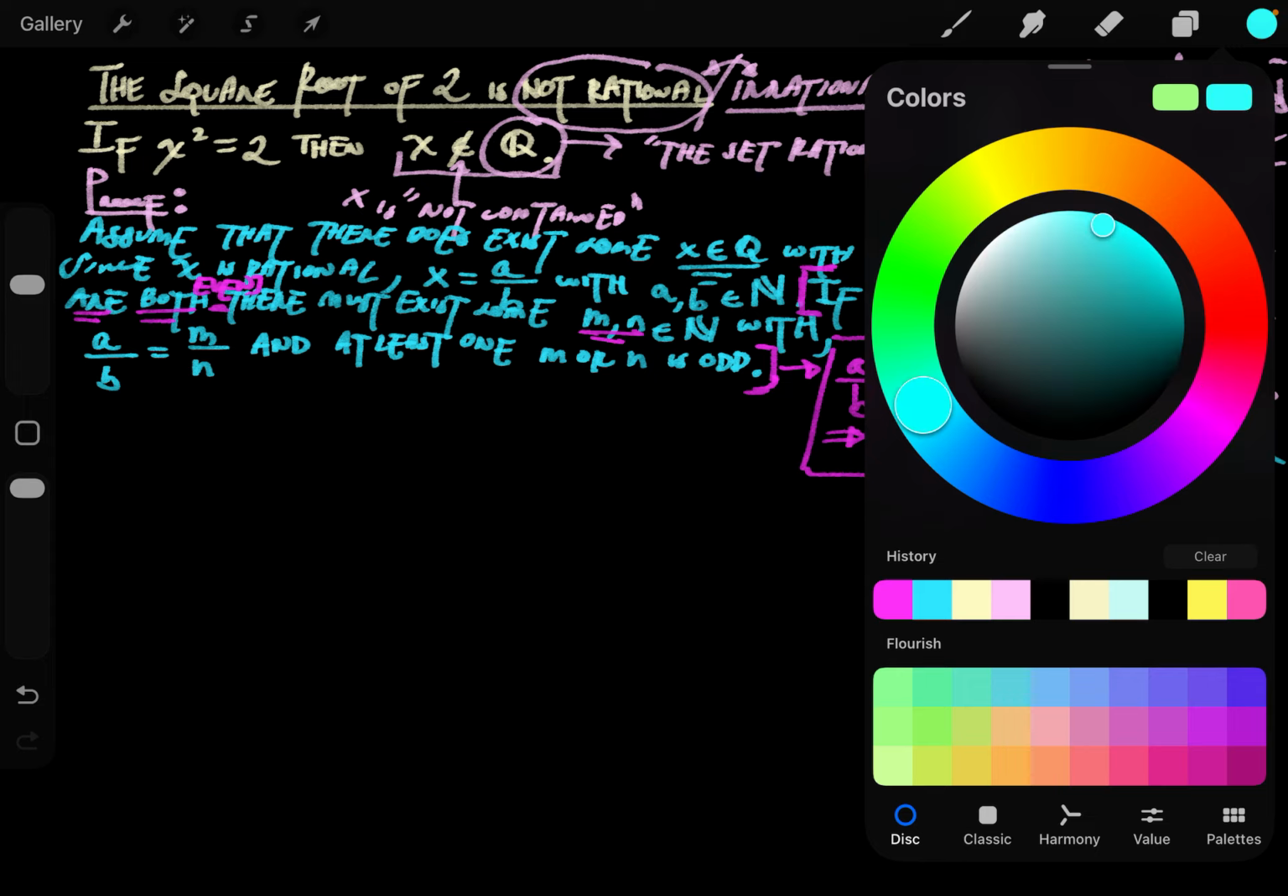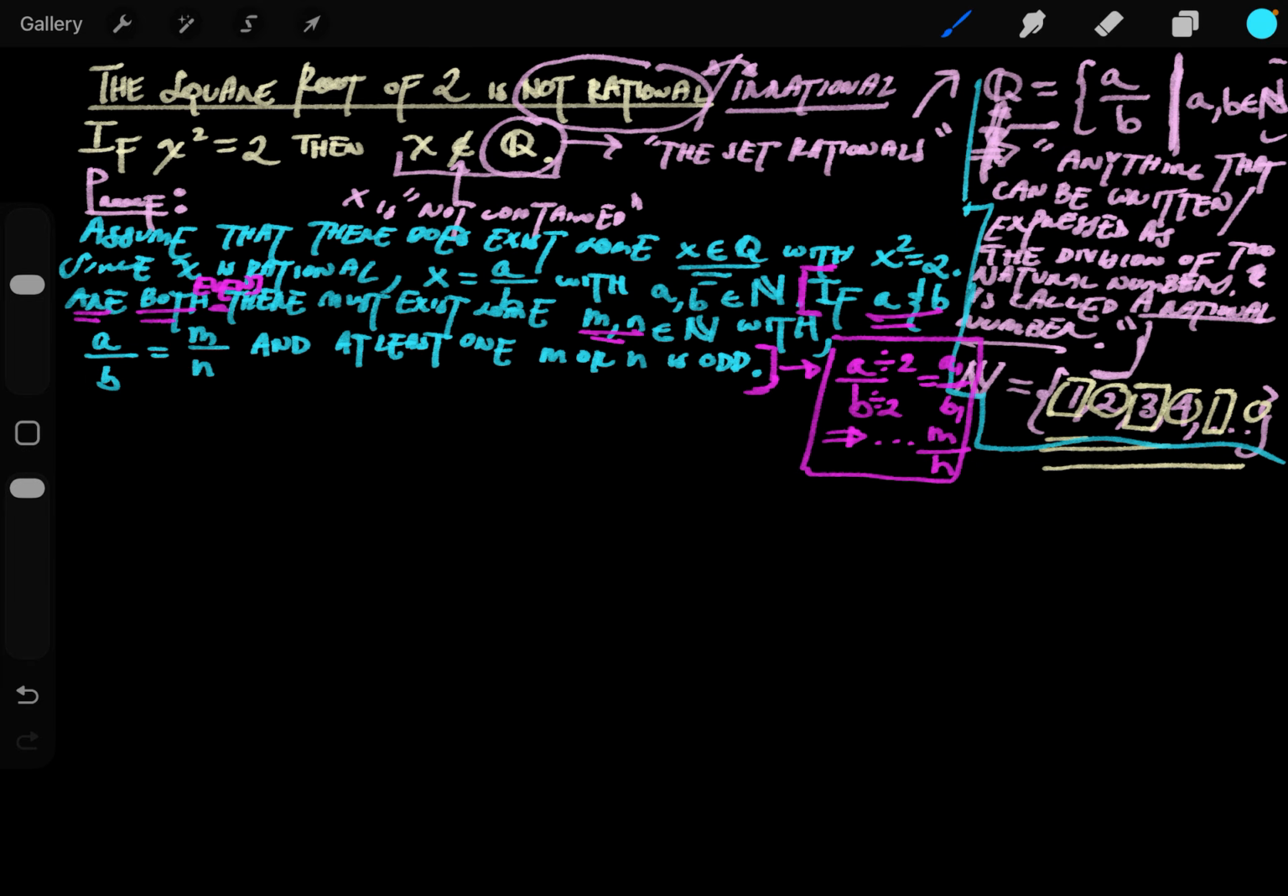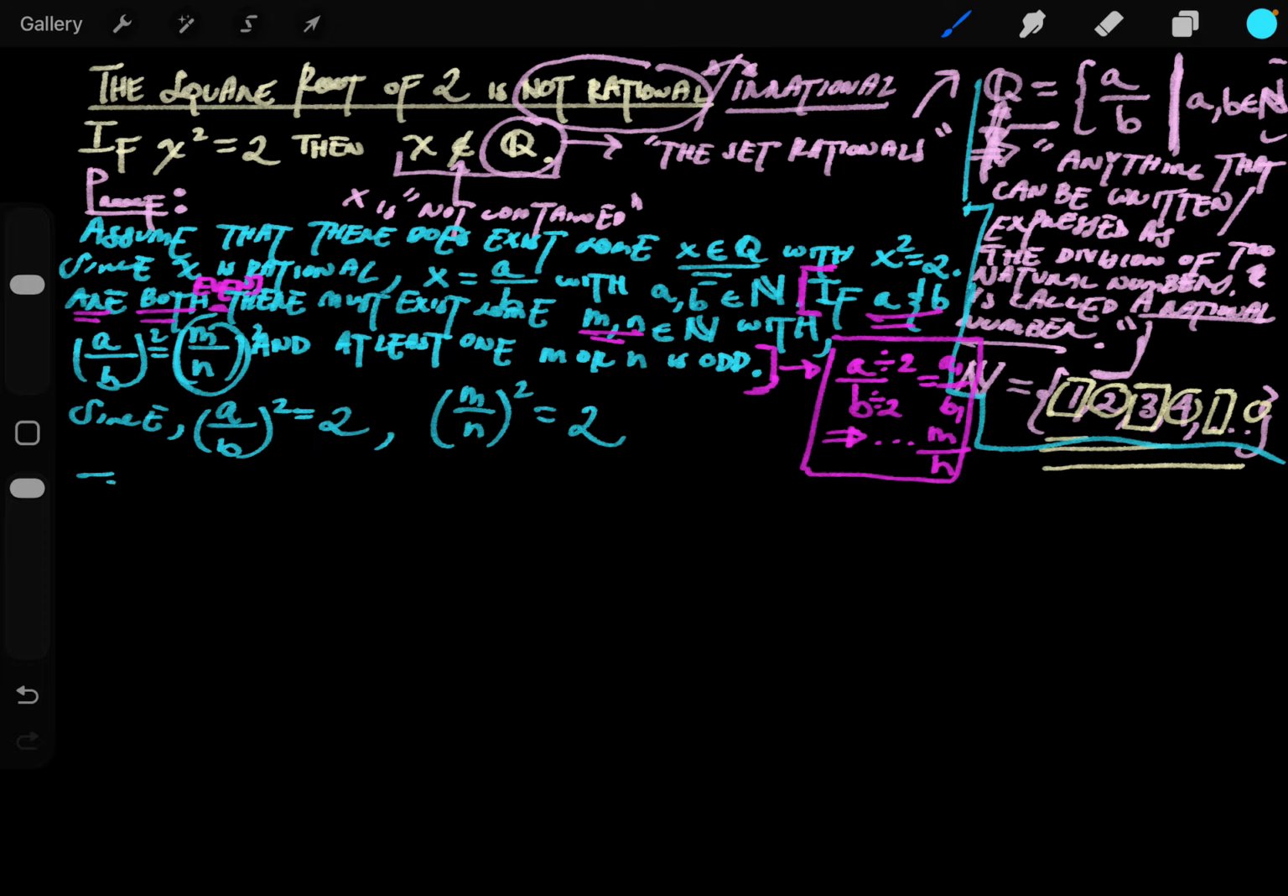Now, once we have that, let's just consider m over n. Since a over b squared is equal to 2, we have m over n squared must equal 2, because a over b equals m over n. So, of course, if you square both sides, you get an equality, and you can say that this must equal 2. And then you can say that m squared over n squared